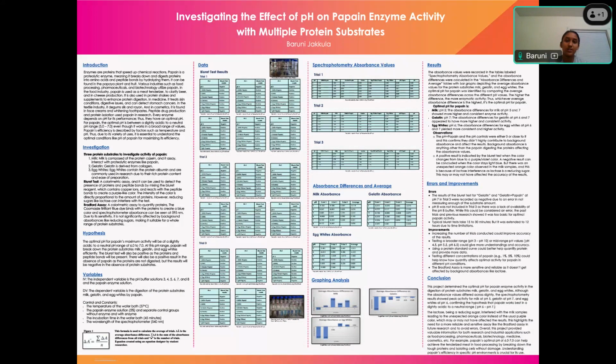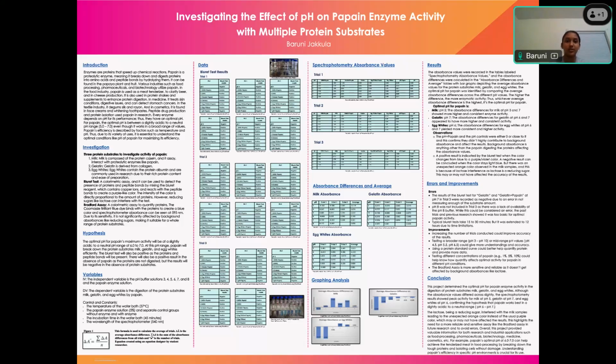My hypothesis was that the optimal pH for papain would be in a slightly acidic to neutral range, pH 6 to 7. So I conducted an experiment. I prepared the protein substrates, milk, gelatin, and egg whites first, and then the pH buffer solutions 3 to 8 were prepared